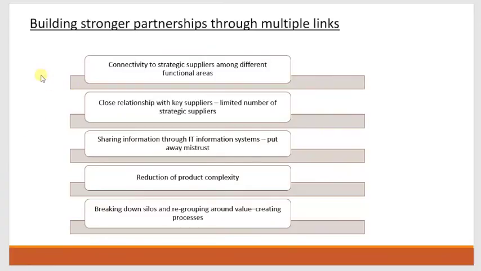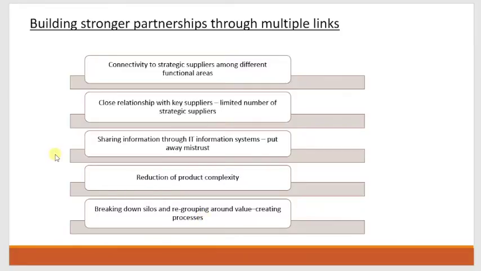As already mentioned earlier, a very important aspect is also building strong partnerships through multiple links. So we want to be very connected to some strategic suppliers among functional areas. So there should be some key suppliers identified, and we should keep close relationships to those. Also, we don't want to have too many key suppliers, because then it's getting complex again. And with these key suppliers, we should share the information through IT information systems, and this requires to put mistrust away. All this will enable us to reduce the complexity in the system, and hence be more flexible and respond